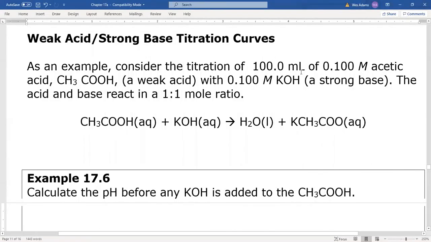Okay, let's talk a little bit about weak acid, strong base titration curves. So this is a little different than the strong acid, strong base case we did previously. In this case, we'll still consider 0.1 molar acid, 0.1 molar base, except in this case, we're going to change the acid out to a weak acid, acetic acid. So we'll have 100 milliliters of 0.1 molar acetic acid